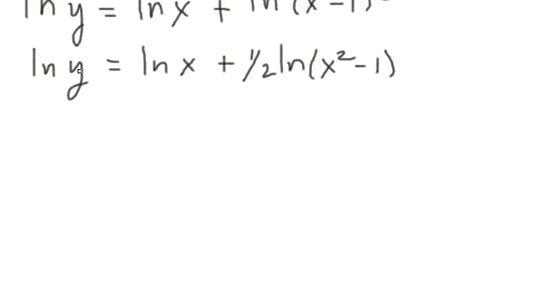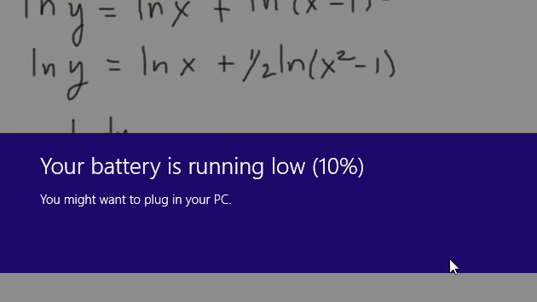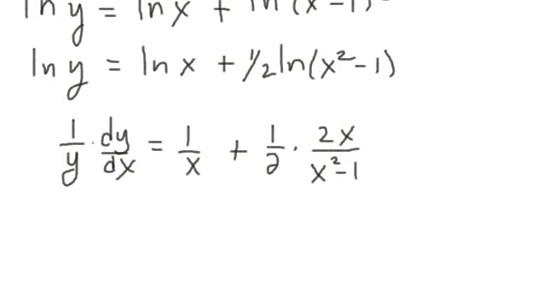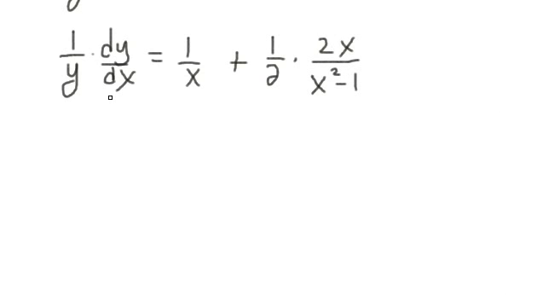Now I'm going to take the derivative. So derivative of ln y is 1 over y. We rewrite. And I'm going to write dy over dx because we're taking the derivative of y. The derivative of x is 1. Rewrite. Plus, I have a half times the derivative of x squared minus 1 is 2x over, and then rewrite. Right, taking the derivative of the natural log function. Now what I'm going to do here is multiply both sides by y, so we have dy over dx is equal to,